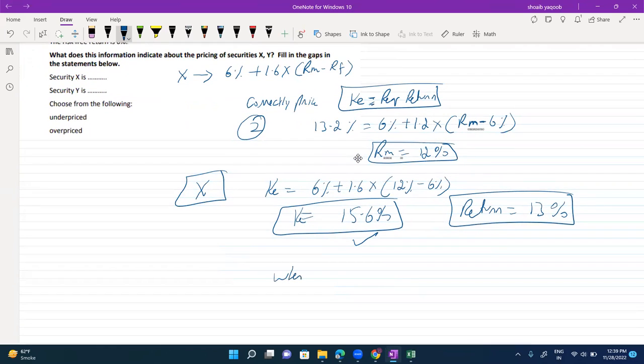So whenever cost of equity is greater than the return, that means that stock is overpriced. Overpriced स्टॉक है, वो कमा के इतना नहीं दे रहा जितना तुम मांग रहे हो, महंगा है स्टॉक, ओवरप्राइस्ड। इसको ओवर प्राइस कहते हैं, और वाइस वर्सा इसका अंडर प्राइस आ जाएगा।